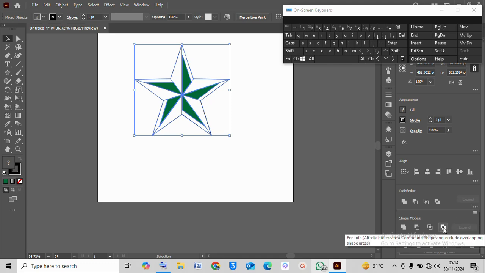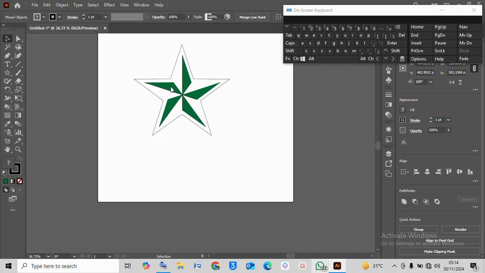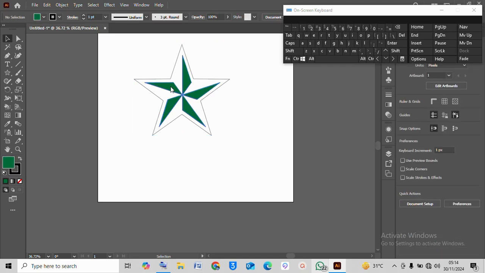So using the Pathfinder, let's look for the one here, which is the exclude. As you can see, that is it. Alt click to create a compound shape and exclude. So let's try it out. Yep, I think we've done it. So this is it now. Now the star has become a big star, and here we can